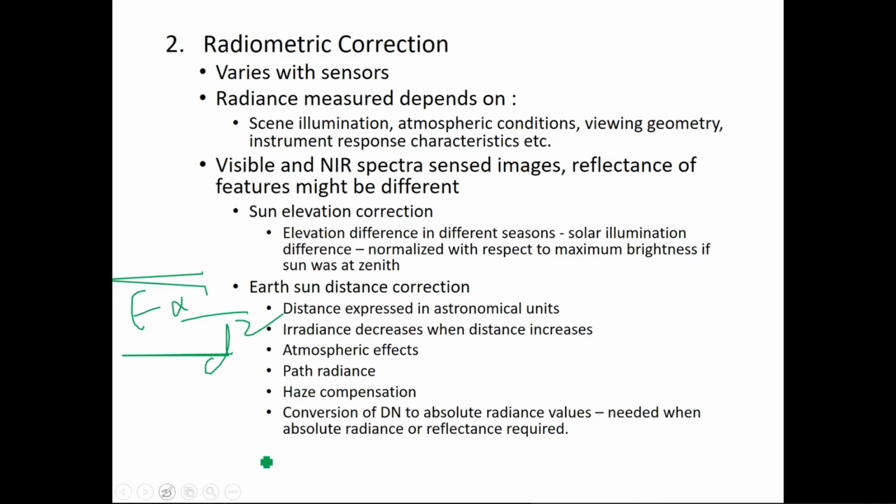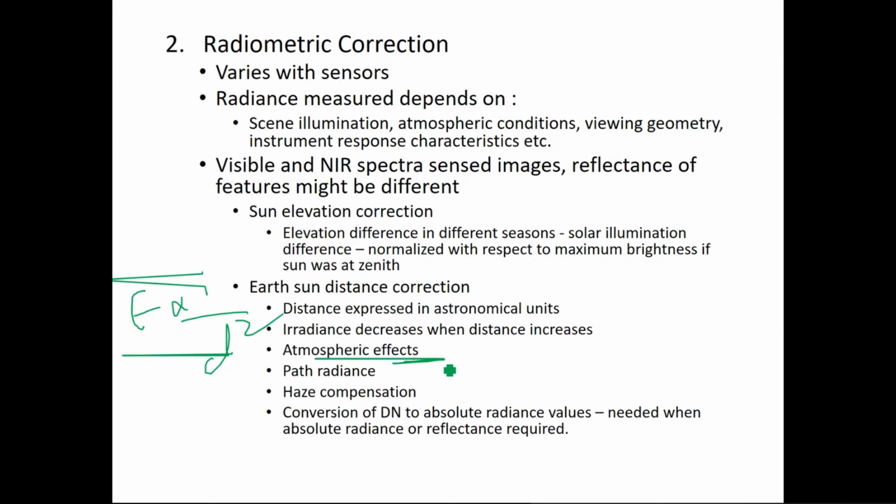And further, then atmospheric effects are there. What are these atmospheric effects? The energy illuminating an object might drop because there is some scattering or some path radiance. Sometimes the energy illuminating an object can be reduced when there is some atmospheric absorption or atmospheric scattering, right?